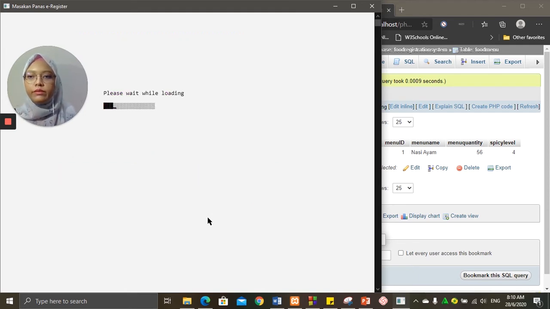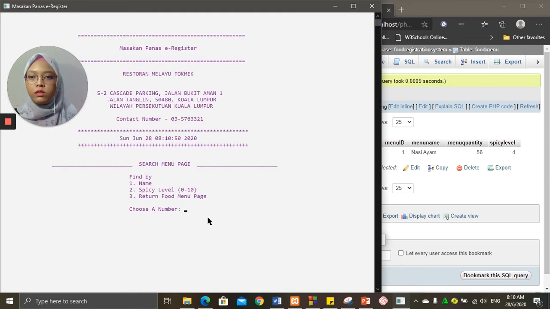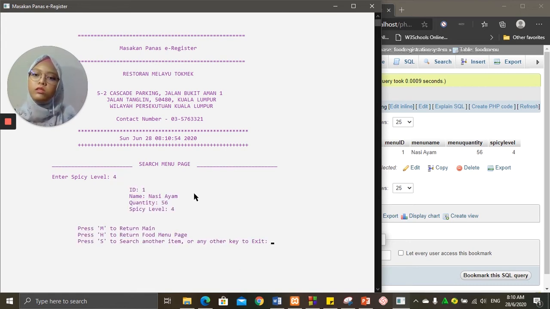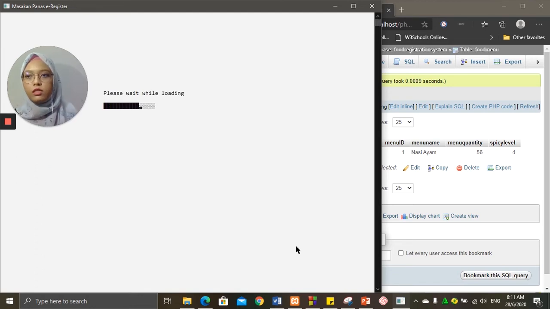So I will search again by spicy level, with the correct number, which is 4. It will show you the details of food registration that is available under the spicy level of 4. Okay, so we go back to the food menu page.